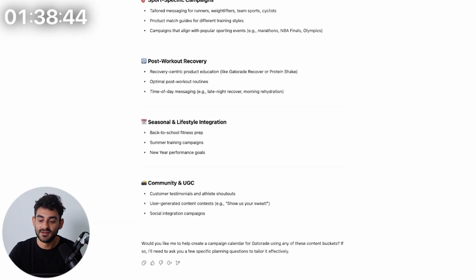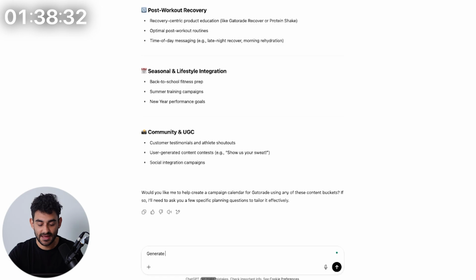And now basically what we can do, it's July 21st. We're going to need a campaign calendar for August to make sure that Gatorade is sending campaigns consistently. So let's go ahead and ask our campaign strategist GPT to develop a campaign calendar for August. Generate a campaign calendar for August 2025. And I'm just going to say, we want to send